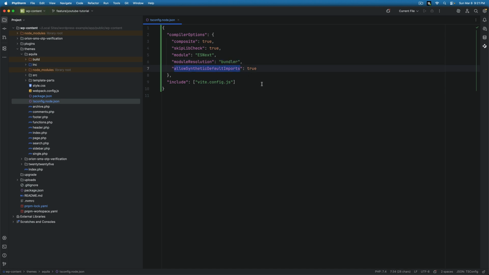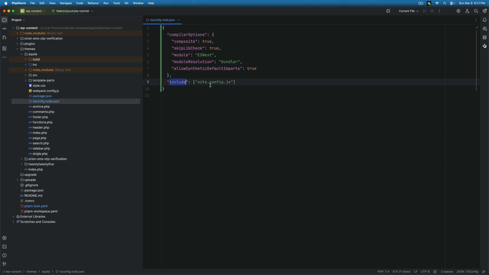Then we have allowSyntheticDefaultImports, which basically allows default imports from modules that don't actually have a default export. And then lastly, we have the include vite.config.js, which specifies that TypeScript should include the Vite config